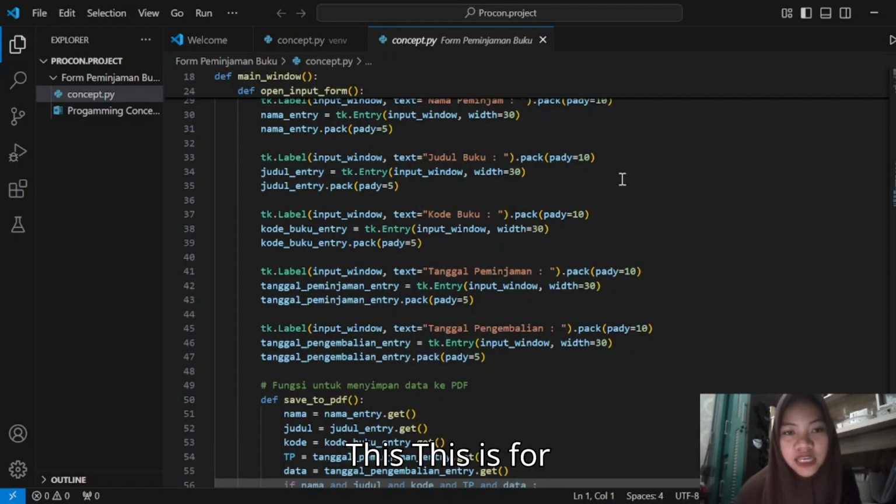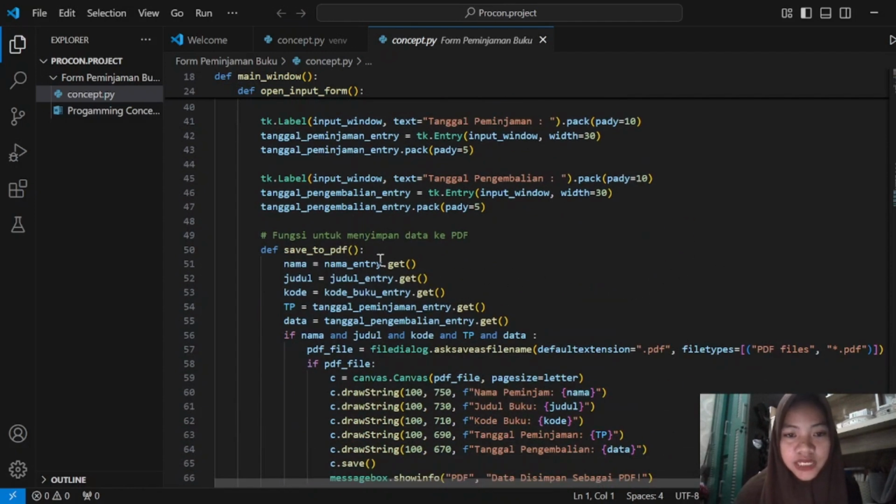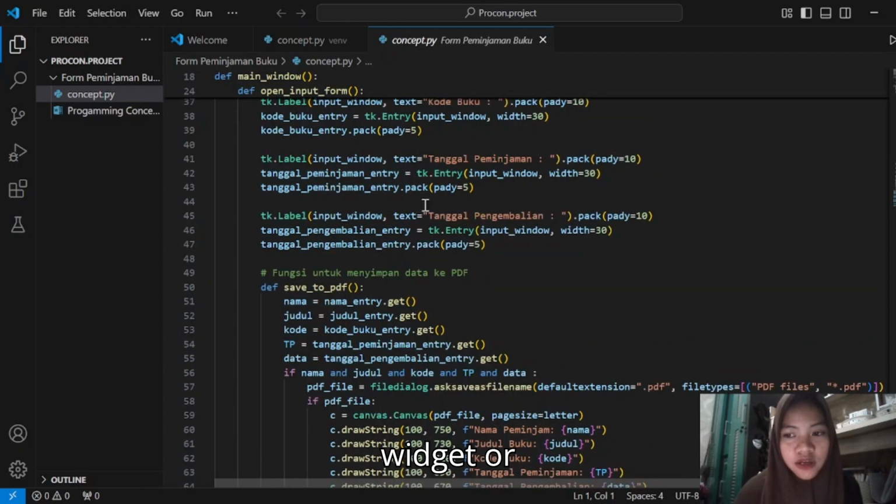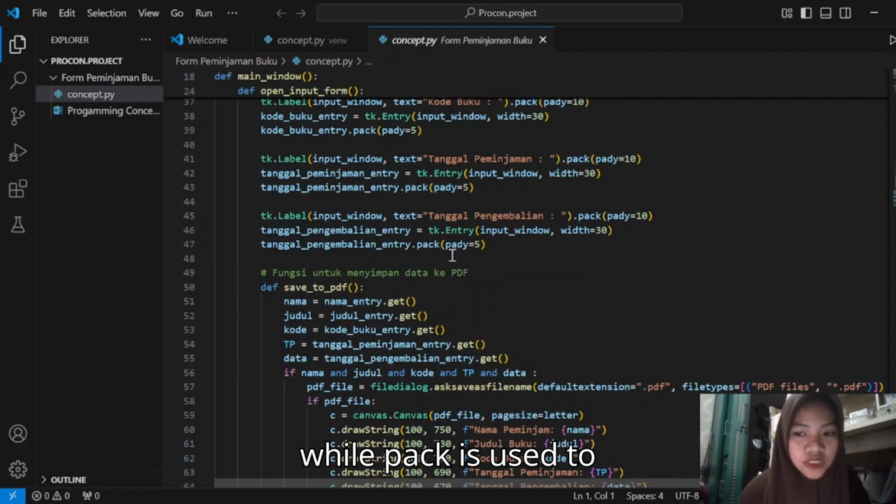This is for explanation. Get is used to get the value entered in the entry widget, while pack is used to place the widget in the window.